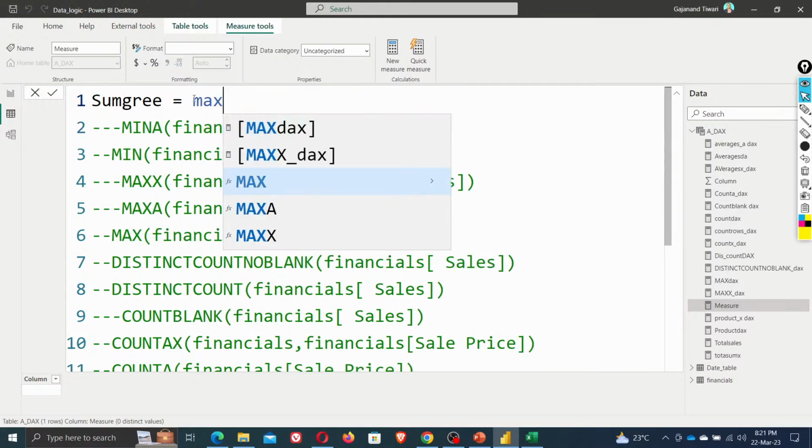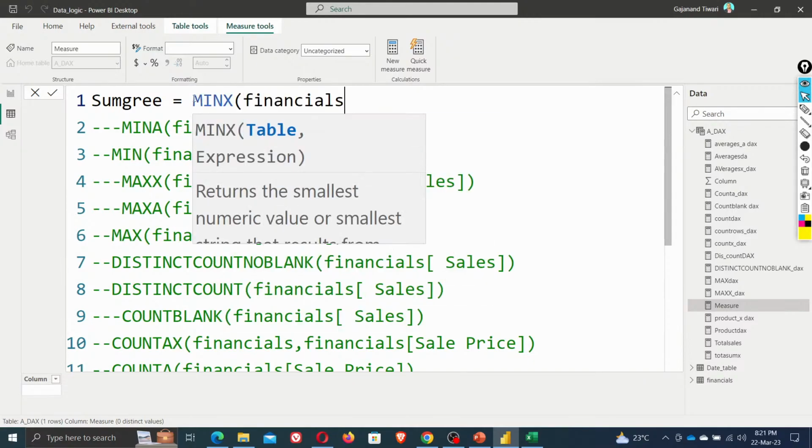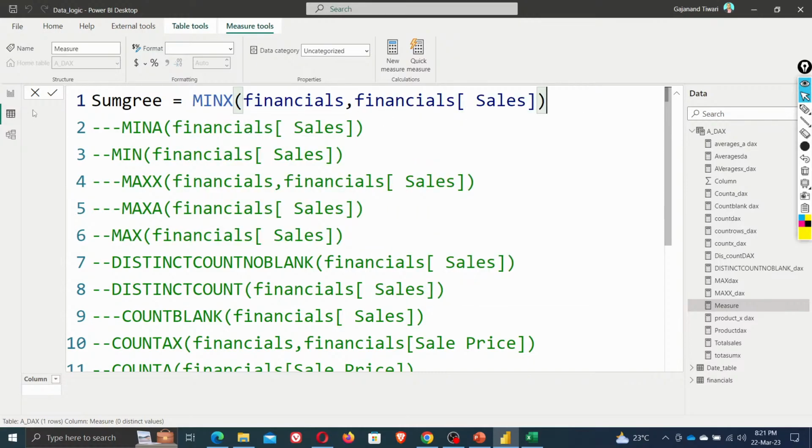Let's move to the MaxX, MinX. MinX, we have the financial, and we have the sales. You can pass any column which has values, and then you can do that. Okay, now I'm going to